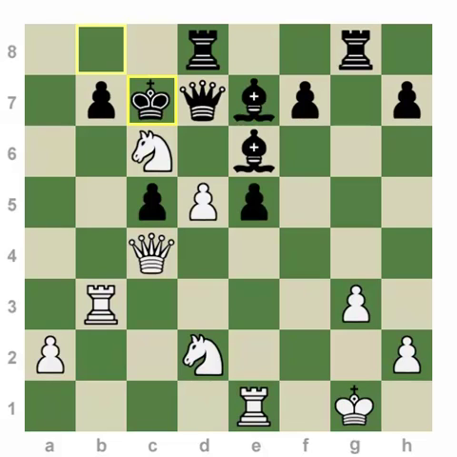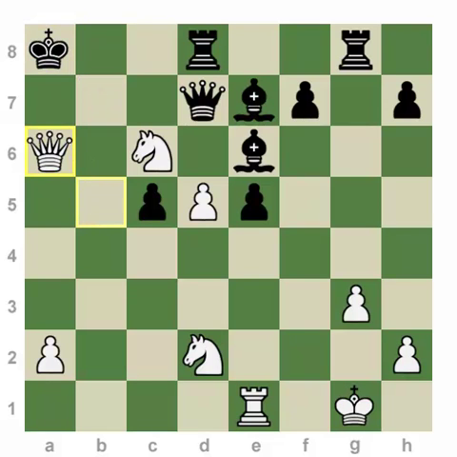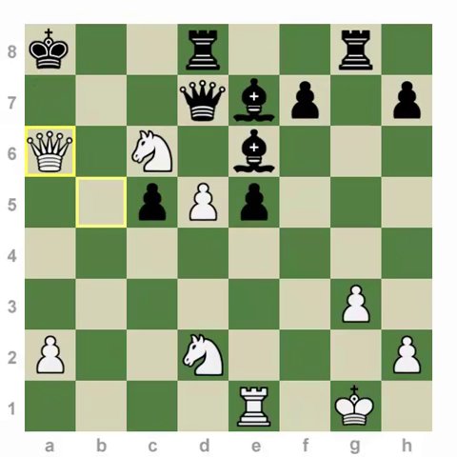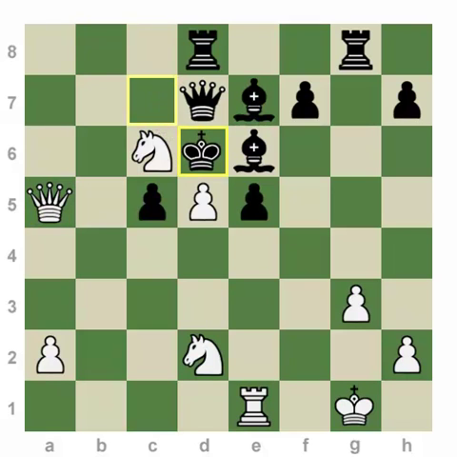So in this position, rook b7 check doesn't leave too much choice to black. King takes b7 is the only move. Check on b5. Now king c7. If king a8, then obviously queen a6 ends the game with a swift checkmate. And now king c7, queen a5 check, king d6,